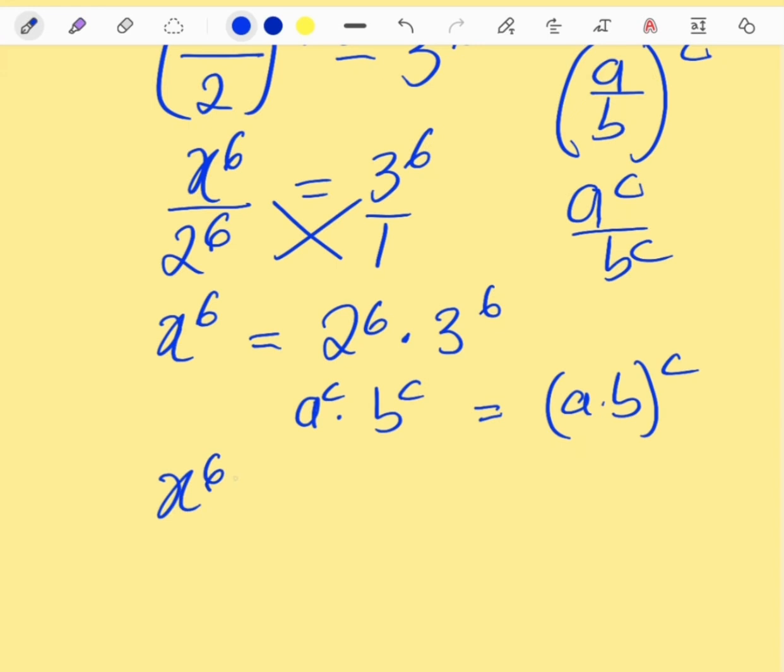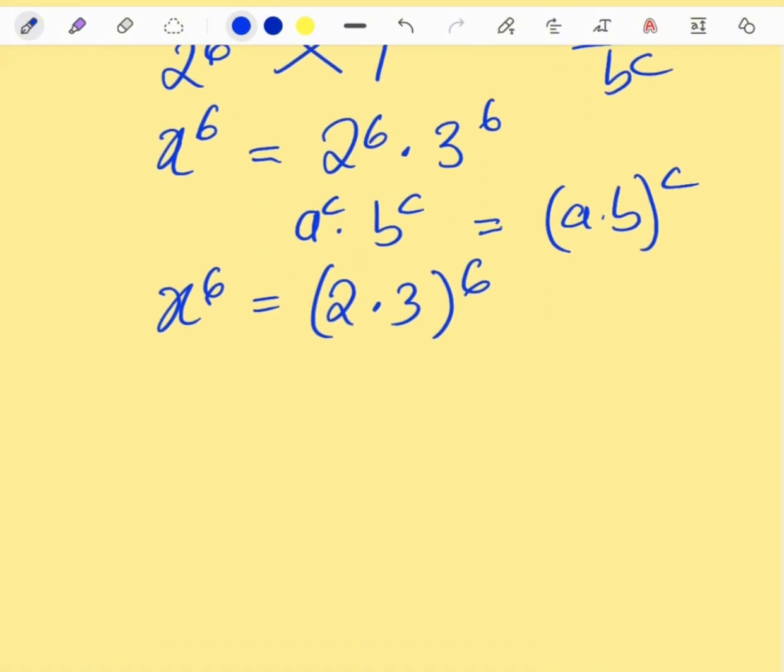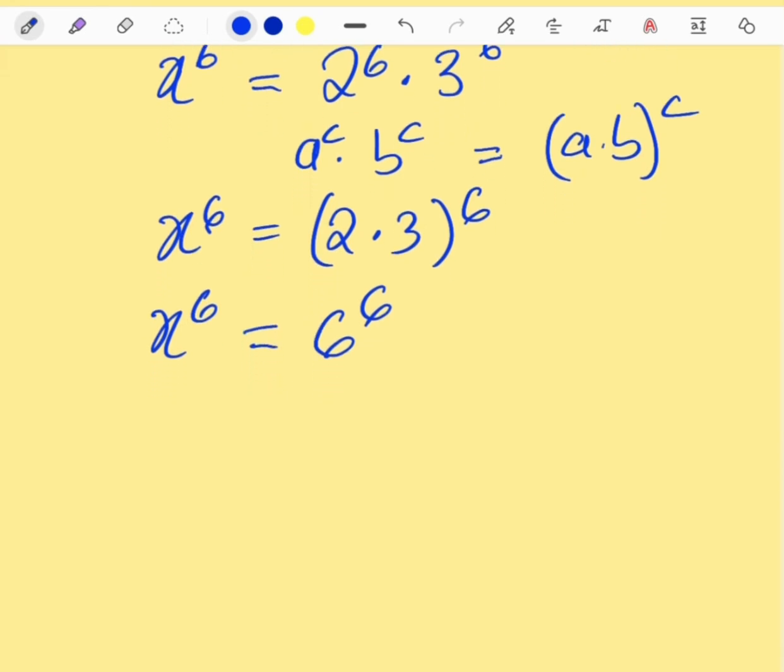So x to the power of 6 is equal to 2 multiplied by 3, all to the power of 6. So you now see x power 6 is equal to 2 times 3, which is 6, to the power of 6. That is what we are having. Some people can say that the powers are the same, therefore x is automatically 6. You are correct,